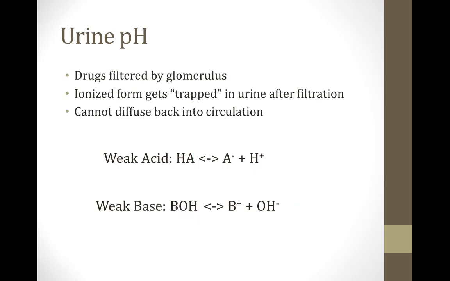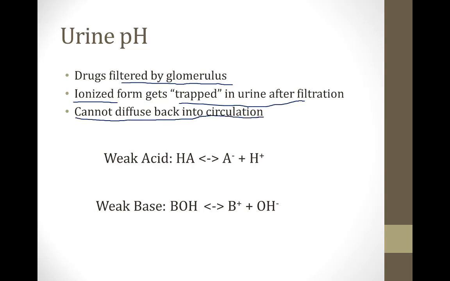Drugs, like many other things in the plasma, get filtered by the glomerulus and enter the nephron. Recall that the glomerulus filters most things in the plasma, and then it reabsorbs the things that the body wants to hold on to. The high yield point for you to know is that the ionized forms of drugs, that's the form that is positively or negatively charged, gets trapped in the urine after filtration, and it can't diffuse back